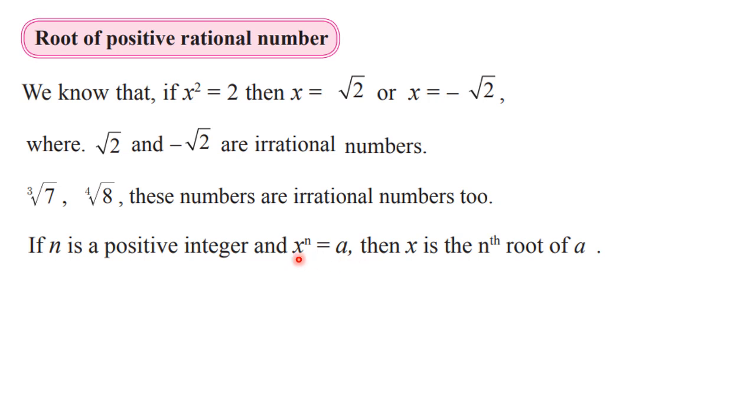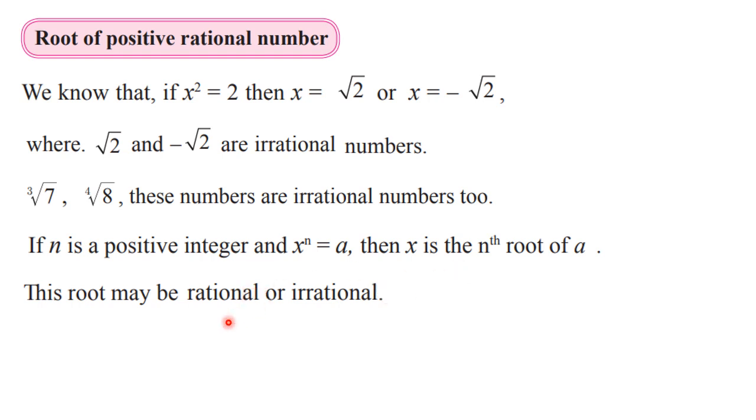And if we take the nth root on both the sides, here also if we take nth root and here also if we take nth root, then we will get x as nth root of a. So here if we want to write down nth root of a like this, then a will come inside and in place of 4 here you can write down n. Okay. So this way we can write down nth root of a.